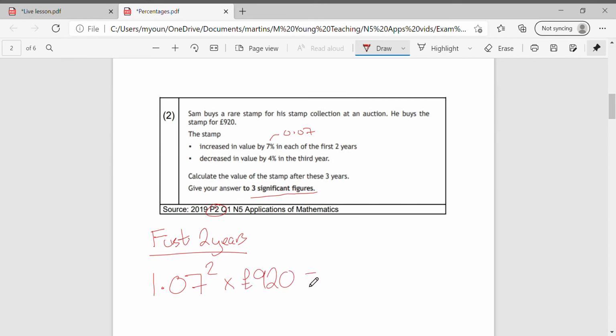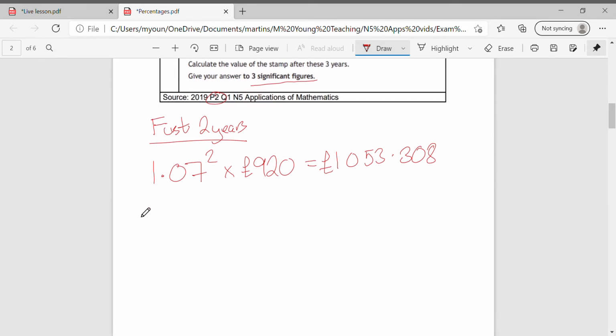So this is calculator. So you're just going to do in your calculator, and I'll grab my calculator just now, 1.07 squared, and then times 920. And for that I'm getting 1053.309. Now what I'm just going to do just now, I'm just going to keep it, alright, because we're told to round at the end, so I'm just going to keep it like that just now. Okay, and then in the third year,